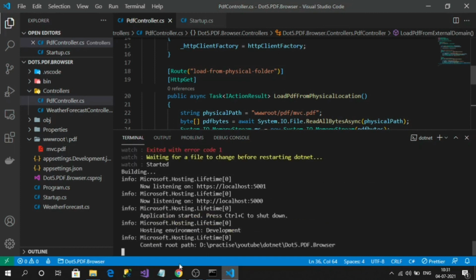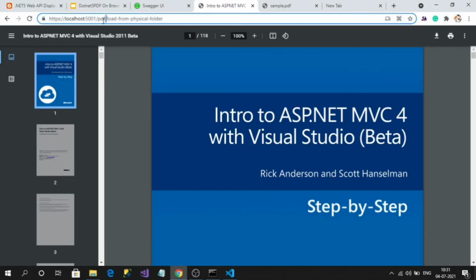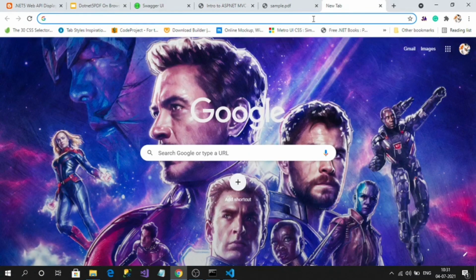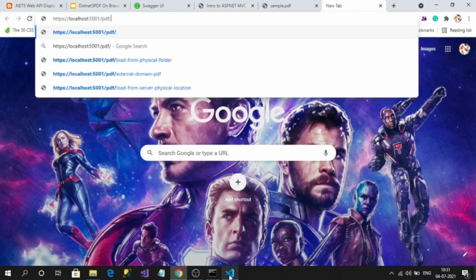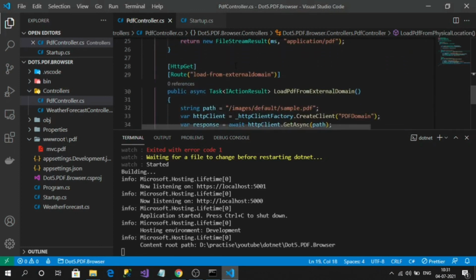So my application is running. Let's test. This is the original domain, right? Now I'm going to copy my domain and add my action method path.